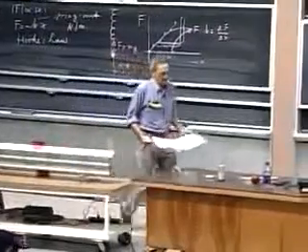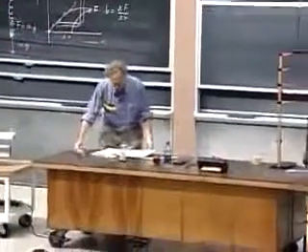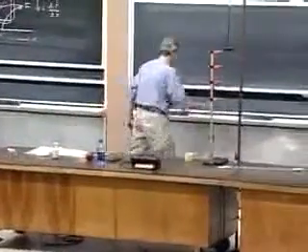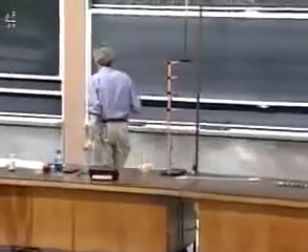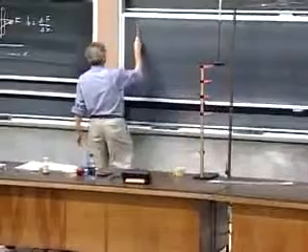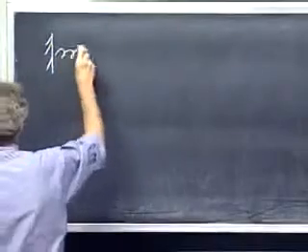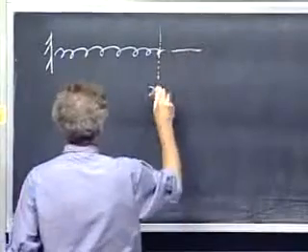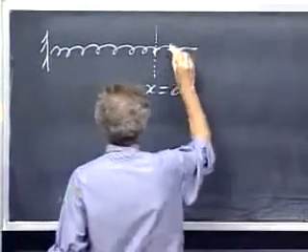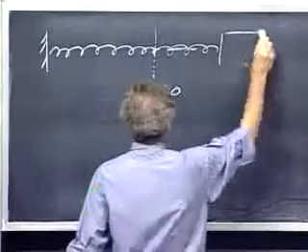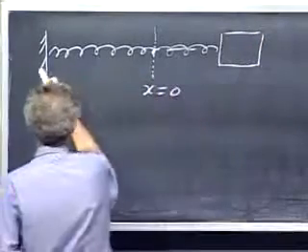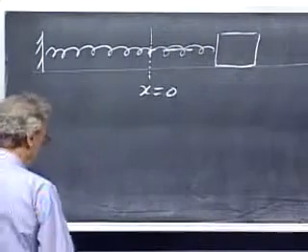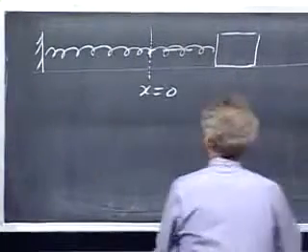There are ways that you can also measure the spring constant in a dynamic way, which is actually very interesting. I have here a spring, and this is x equals 0, and I attach now to the spring a mass, m. This has to be on a frictionless surface, and you will see when I extend it over a distance x